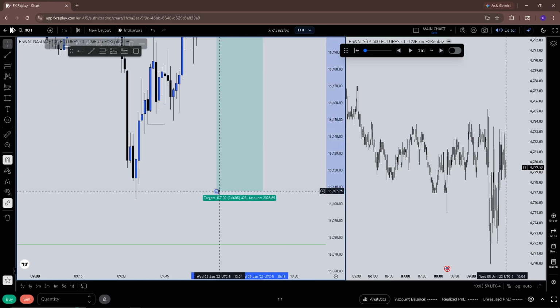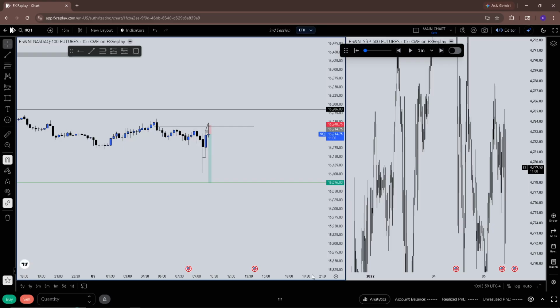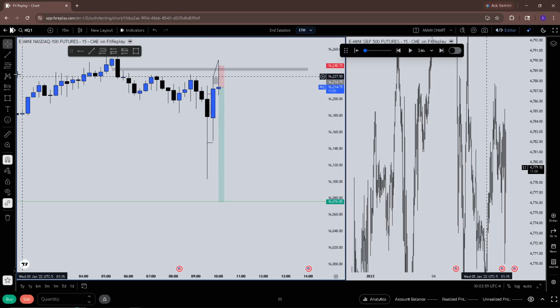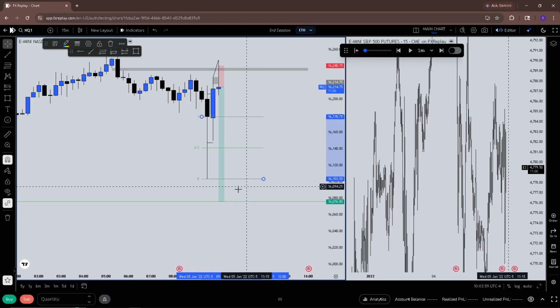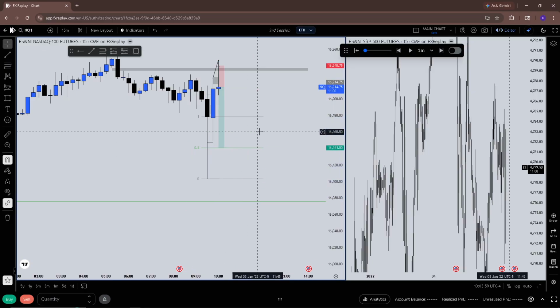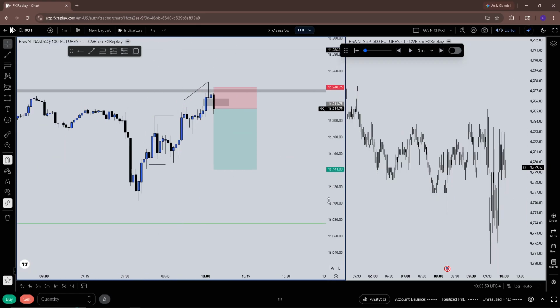Right, and I could rip this all the way down to here, but probably just want to take this at CE of this rejection block right here if it acts as one. I like that play.